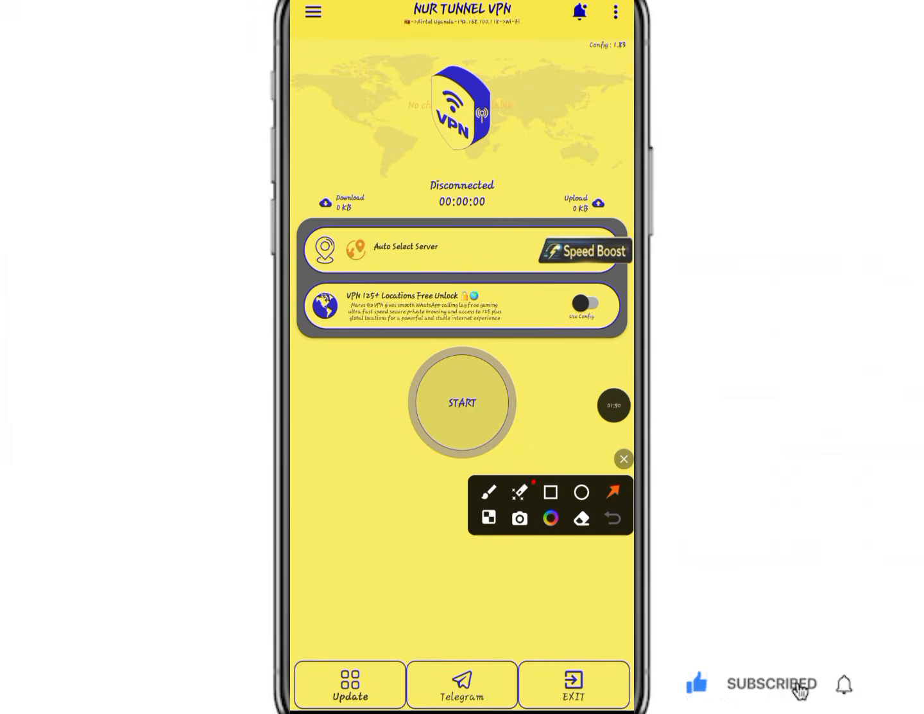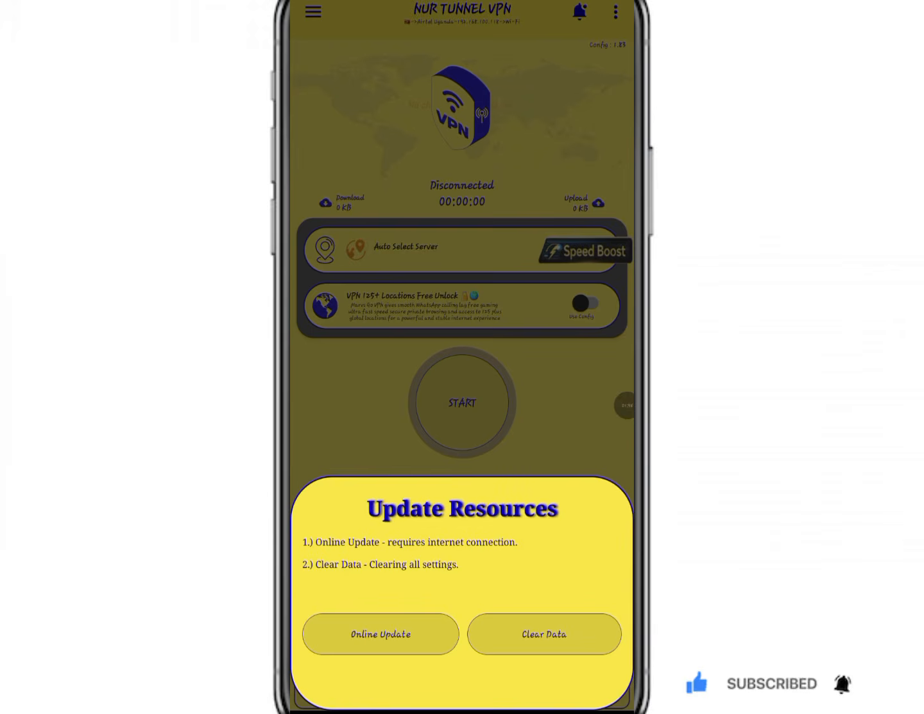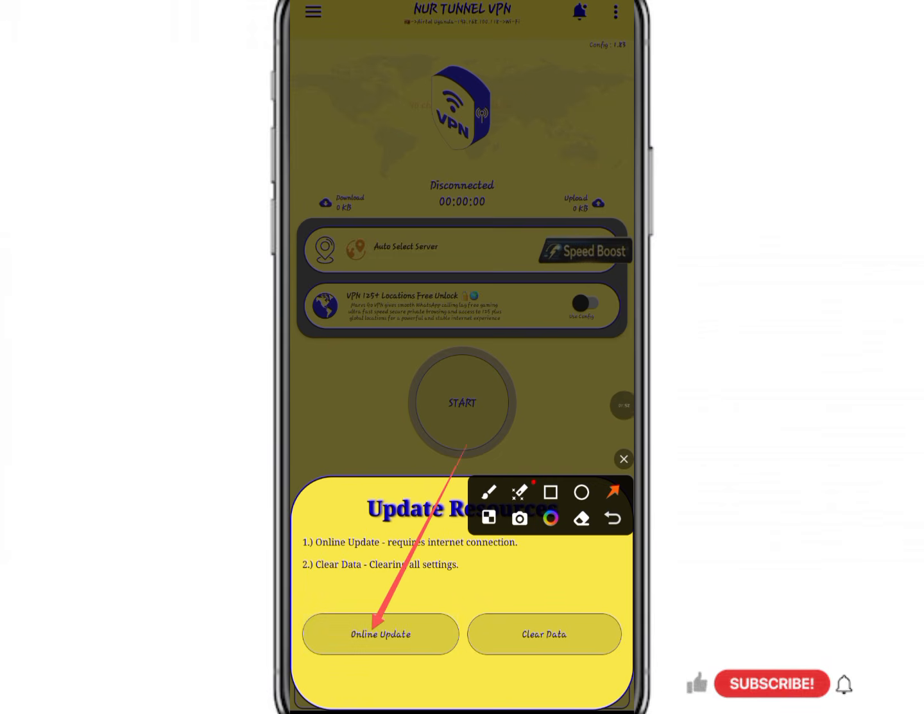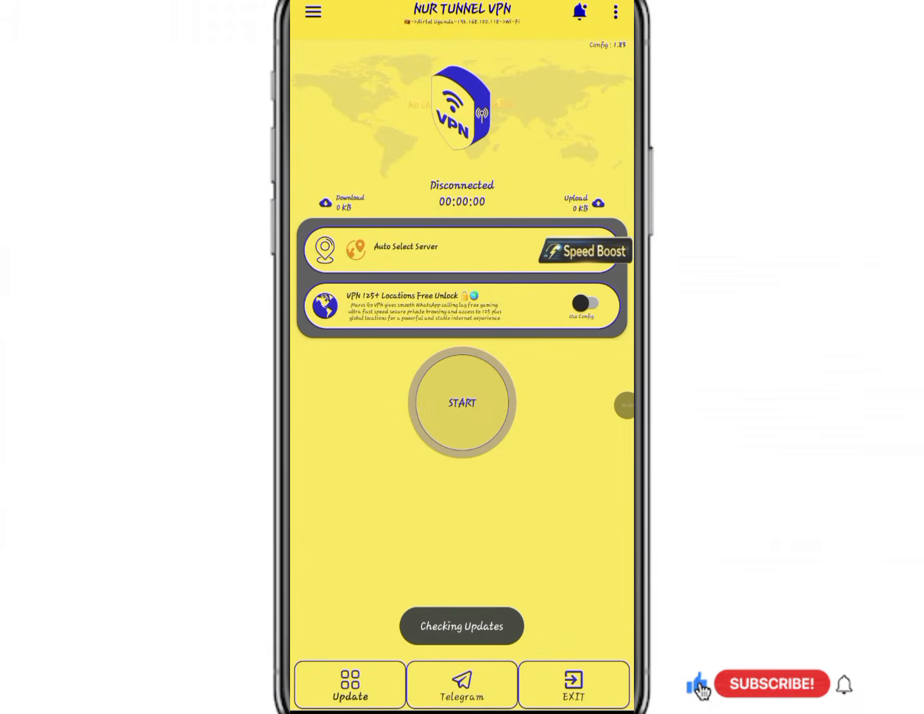Secondly, you're going to update our servers, and then you're going to choose the option of online update. Give this VPN a few seconds to update each server so that you can enjoy a fast, stable, secure internet in